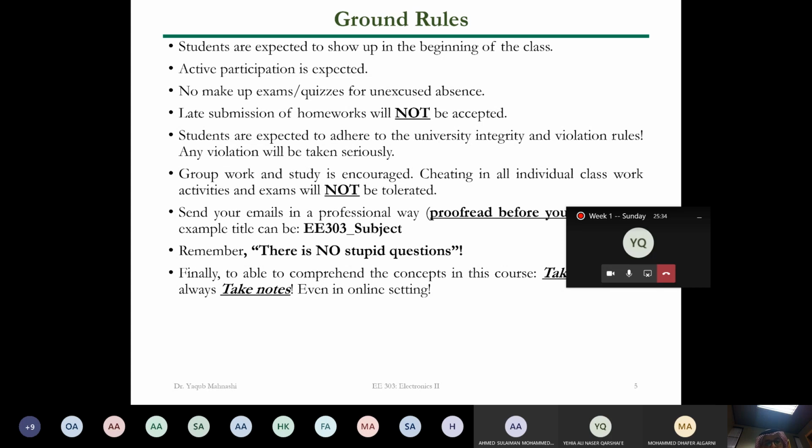Of course, group work is encouraged, but you also need to do something yourself. If it is an individual submission, you need to make sure that it's your own work. If you want to send an email, guys, try to send it professionally. At least write the title of the subject. For example, EE303 and your subject, like a submission of something, or late for doing something, or personal kind of